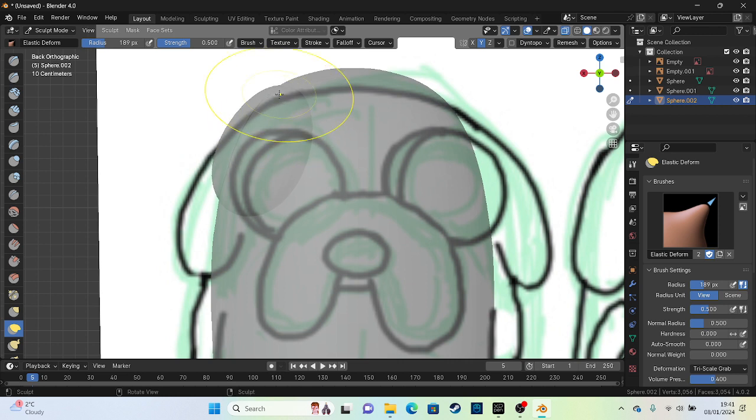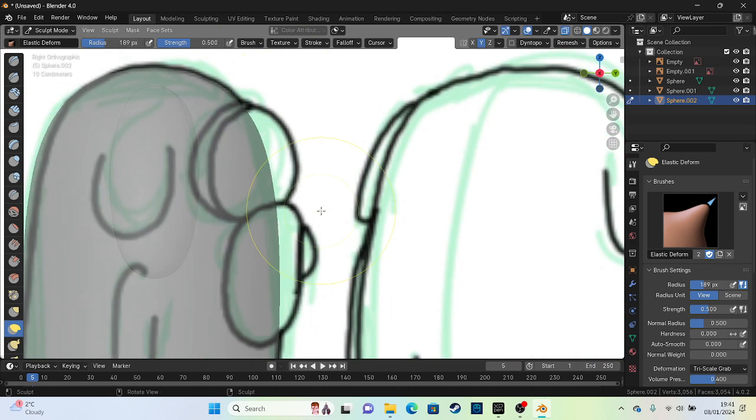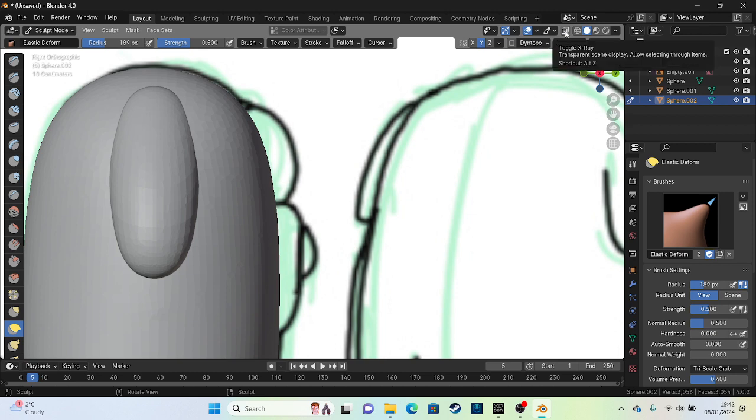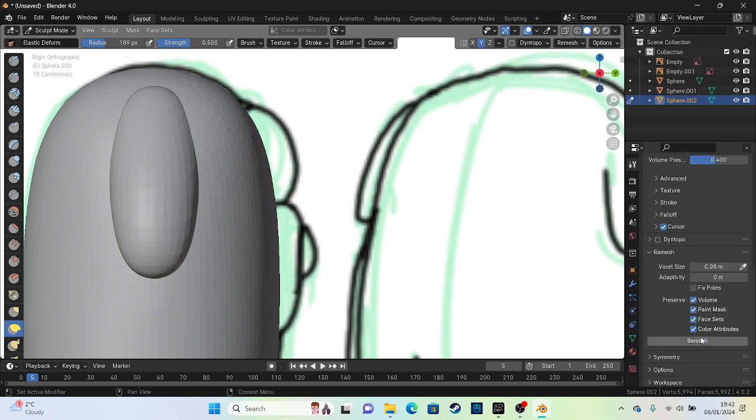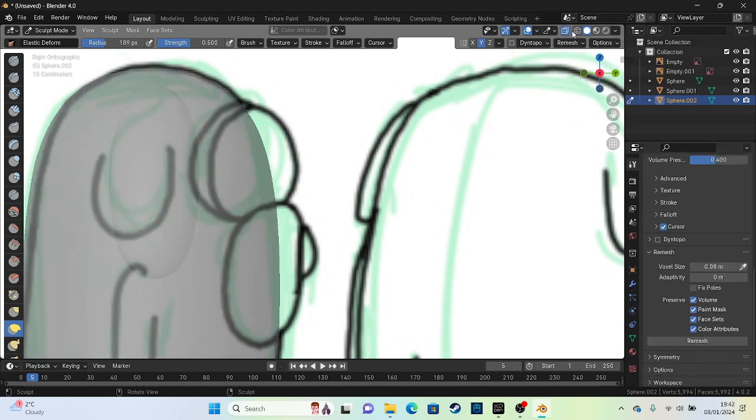Because I'm using the side reference, the ear will go out. So we're going to try and keep that same shape. So we're just going to change it just that little bit. And we're just going to mold this all the way around until you get a similar look to what's on here. And then you're going to do the same to the side. So you can turn it off. Remember, remesh. Press it in, and then